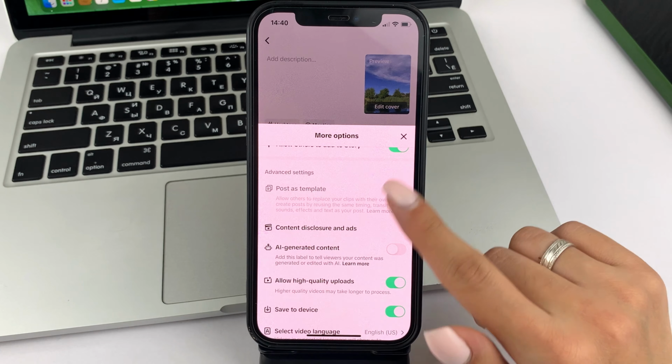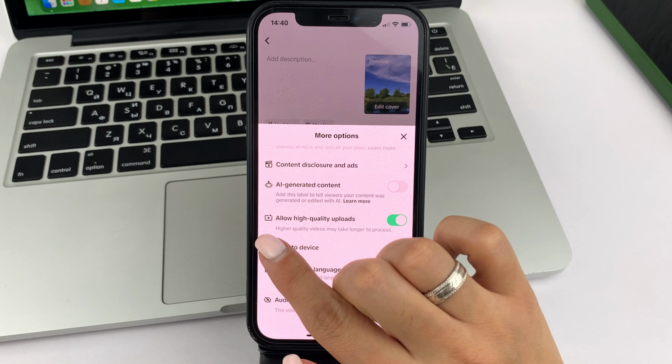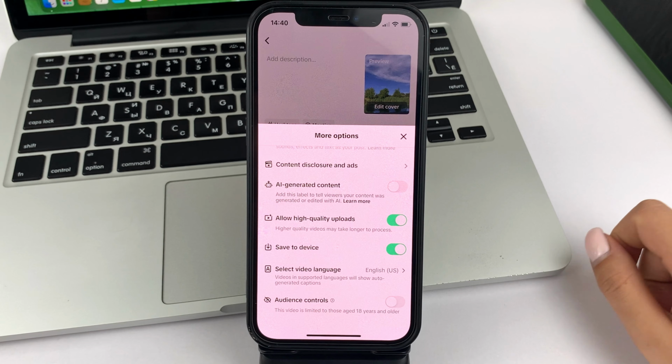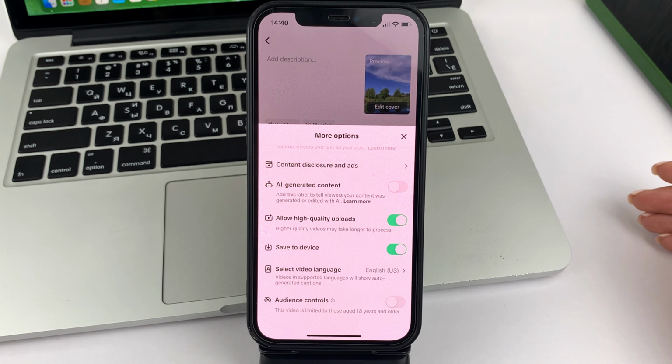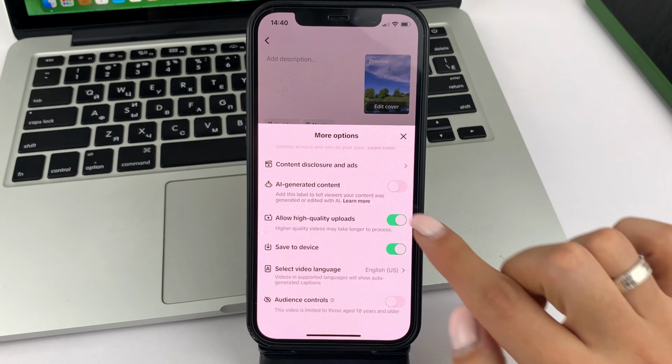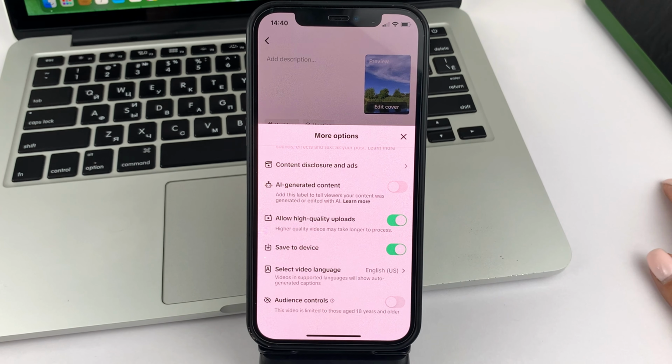And this is where you scroll through a little bit and find this option here, which is responsible for preserving the HD quality of the video when you upload it. And this option you will need to enable, as in my case. And thanks to this option, your edited video on TikTok will not lose quality when uploaded to this application. But keep in mind that thanks to this action, your video may take longer to load in TikTok.